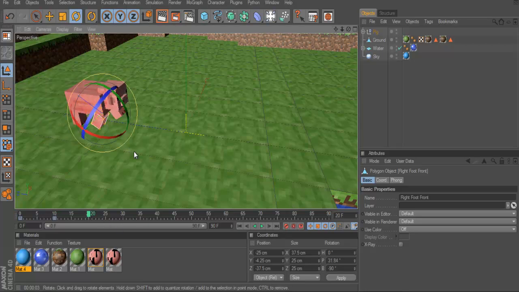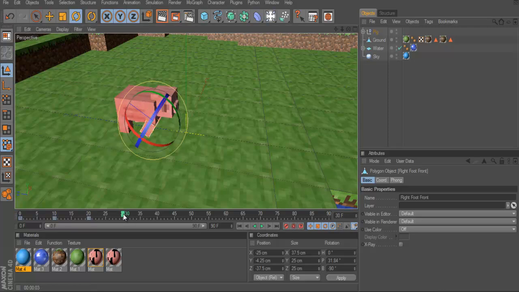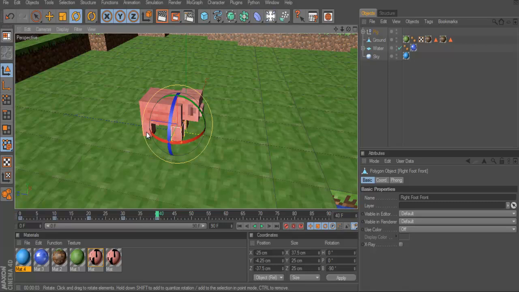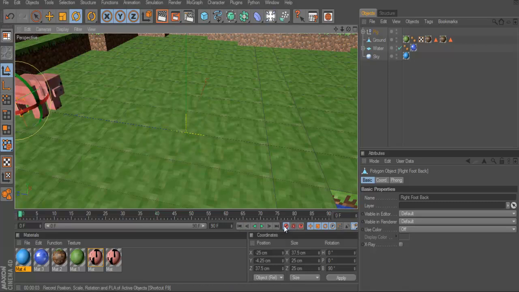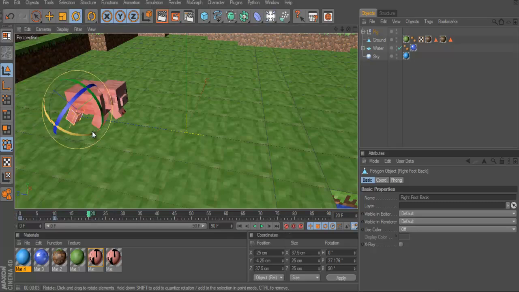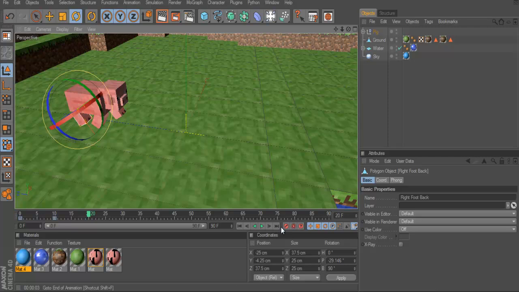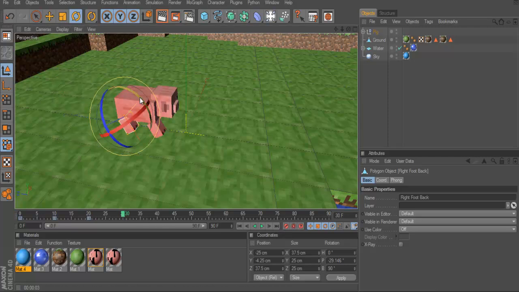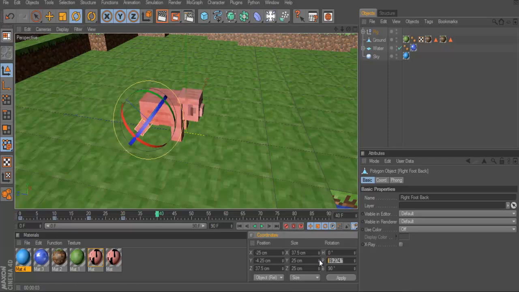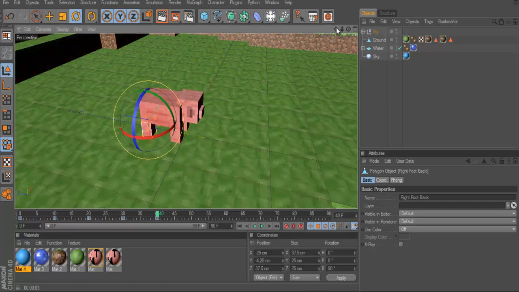20, speed it all up a bit, and 40, we'll change that to 0. And then again this one, back to the start, keyframe it, 10, they're both out, 20, they're both in, 30, they're both out, and 40, back to normal. So then when you play this back,